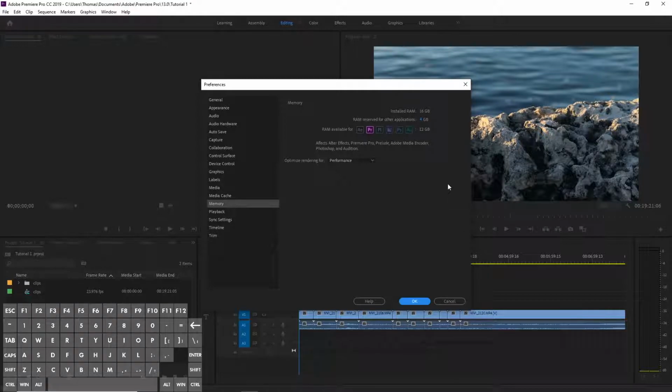This allows me to run Premiere Pro at its best, but in the near future I'm going to change from 16 gigabytes to 32 gigabytes. I think 32 gigabytes is standard in video editing PCs nowadays, but 16 gigabytes is enough for me at the moment. So if you want to change the RAM available for Premiere Pro, all you have to do is change